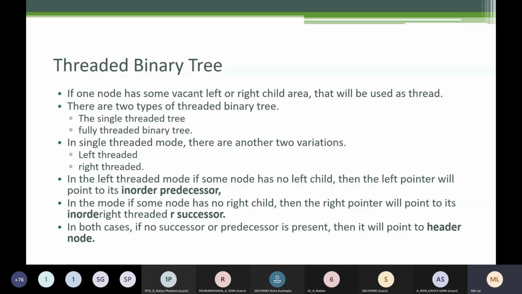And if it is a right child and it doesn't have any pointer to point to, then it will be pointing to the successor. And if there is no successor and no predecessor, then it will point to the header node or the dummy node. So that's what we saw.